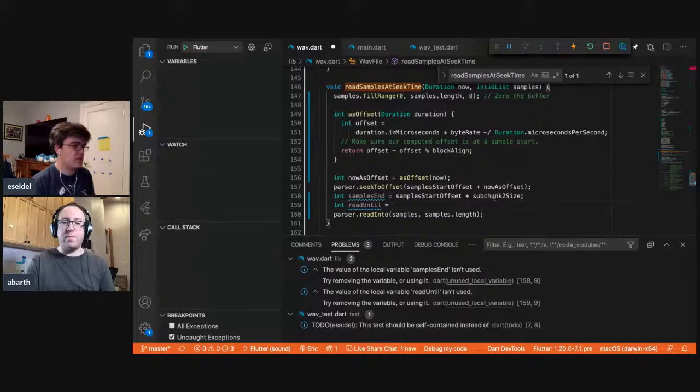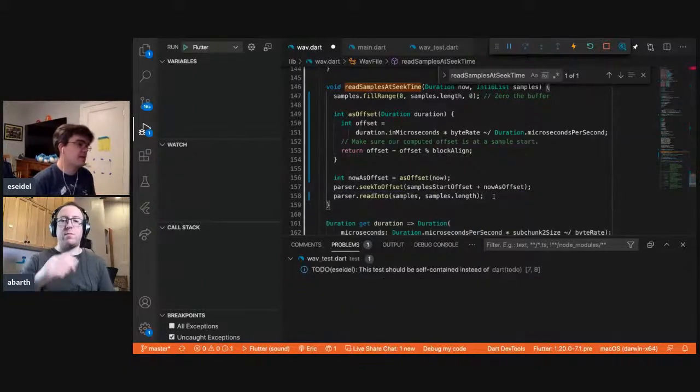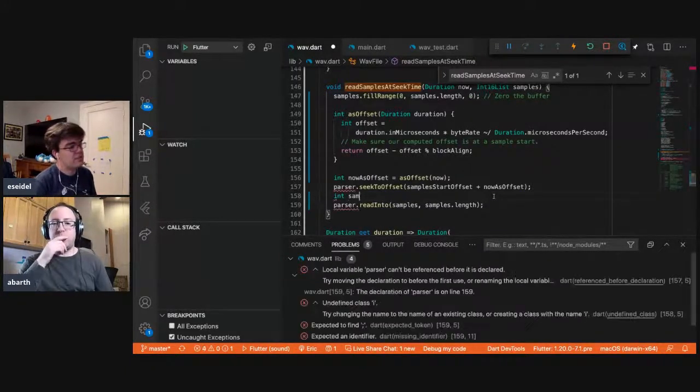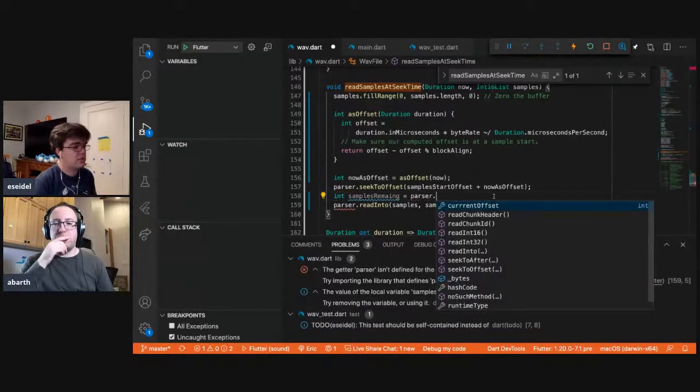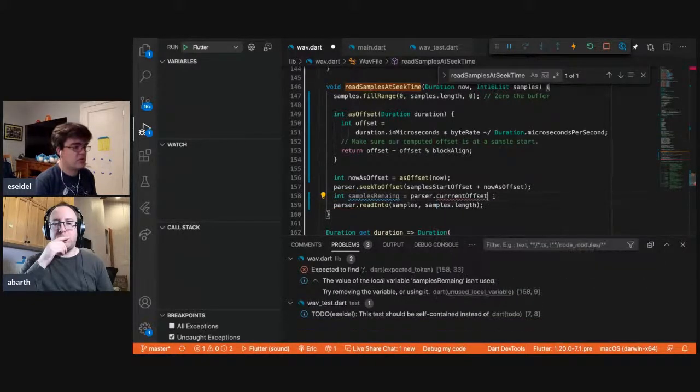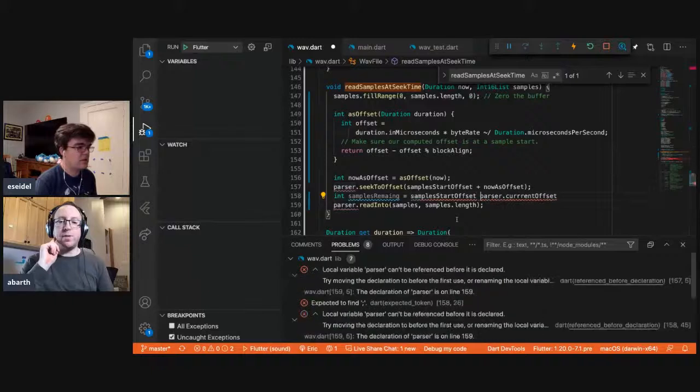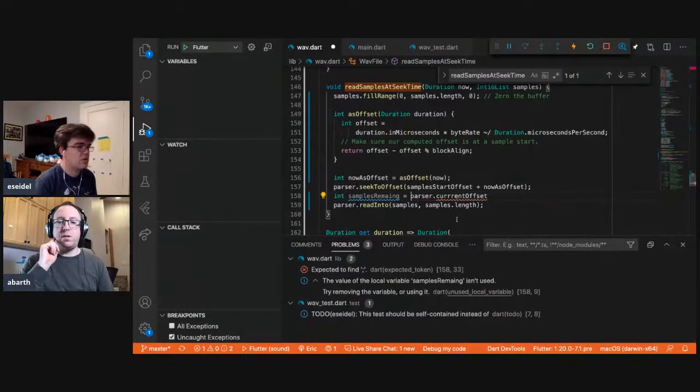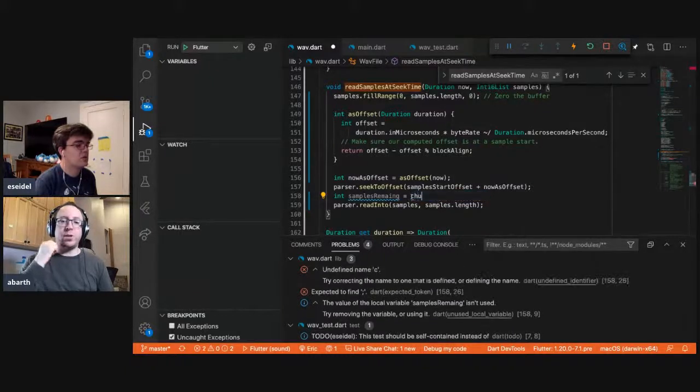Another way would be we do an int samples remaining, which is what is this? Parser dot current offset. Well, you have now as offset, so it's really the chunk 2 length minus now as offset. Oh, yeah, because now as offset is also zeroed at the beginning of the data chunk.